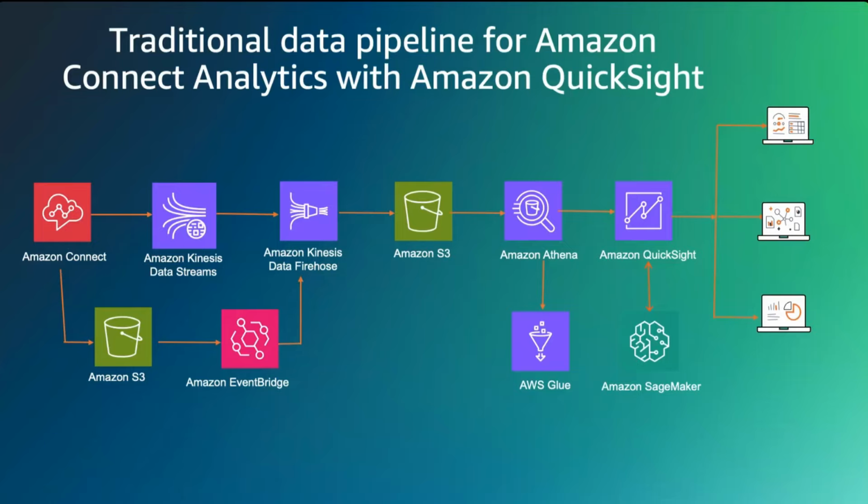The main challenge for customers with this architecture is that for the data in Connect to be visualized in QuickSight, they need to use multiple different services in between, which means they have to put in time and effort to get that pipeline created, and they need resources who are skilled with those services. And all of this means more time, more effort, and more money as well when you use different services for different purposes. And that's where our Connect team thought of solving that challenge, and they came up with what